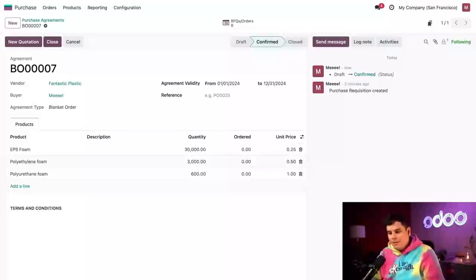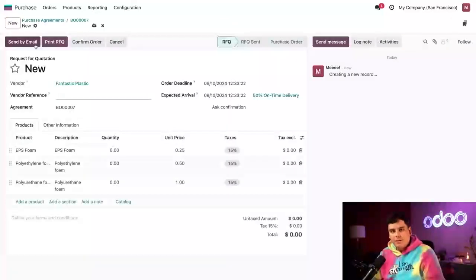So let's click on, in our case, the new quotation button at the top, and a new RFQ is created using the products and prices we included in the blanket order. Here, the only thing we need to do is set a date that we'd like these items to arrive and how many we want. So since in our case, our highest volume of orders are in February, July, and December,